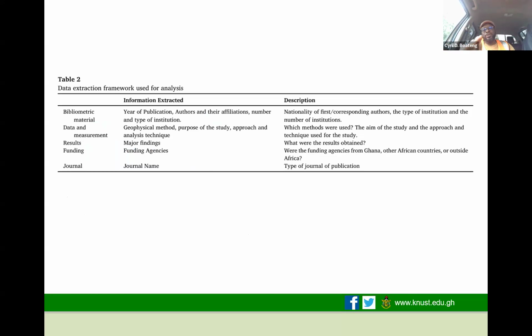One of the interesting things we found, like I mentioned, was a total underrepresentation of local researchers. And of course, you can link that to funding, because we didn't find any single work that was funded by local governments in terms of Ghana. Most of the work was funded by multiple universities across the world. So of course, the lead researchers on most of the papers were international. And anywhere we had Ghanaians, they were just attached to the project, so it was limited in number. That was the main finding.